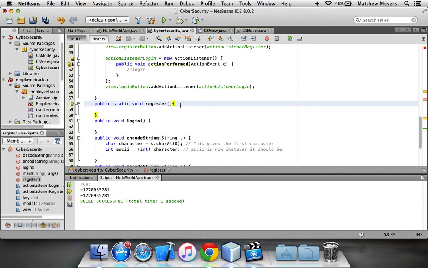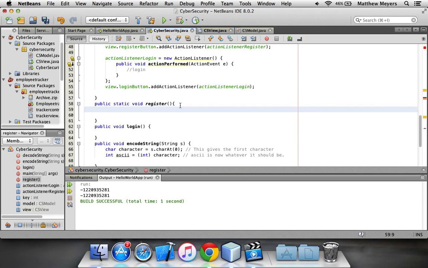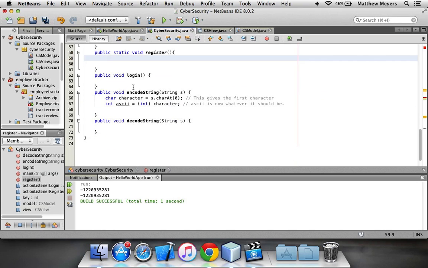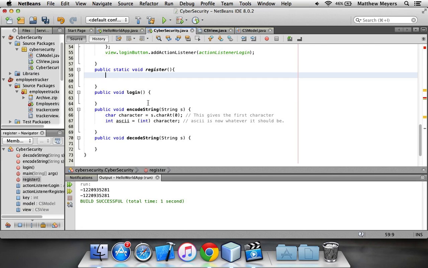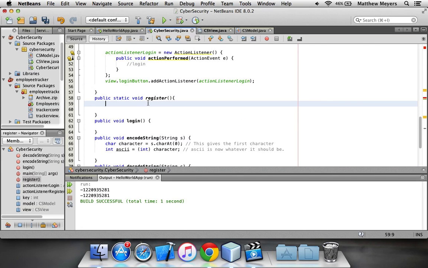Should probably spell it right. Would be good. All right. Register. It's not static, so it's giving me a thing. There we go. All right, so in our register function, we need to encode our information and store it in